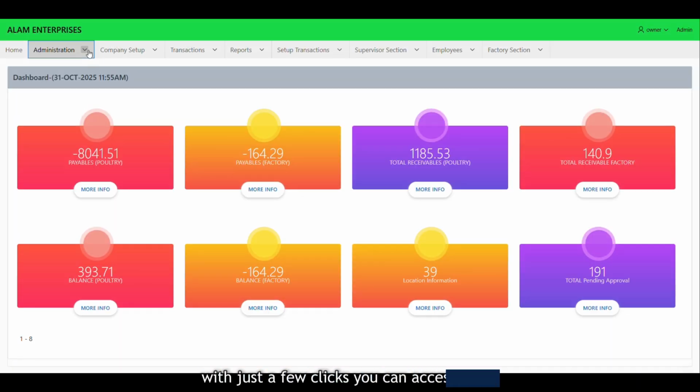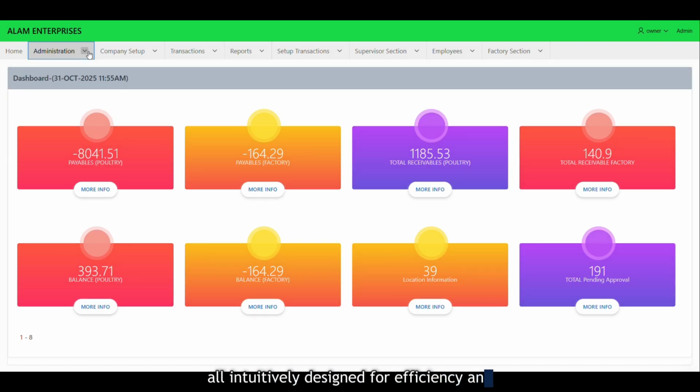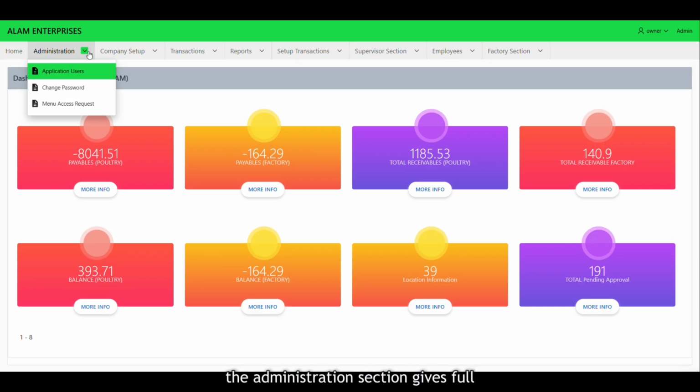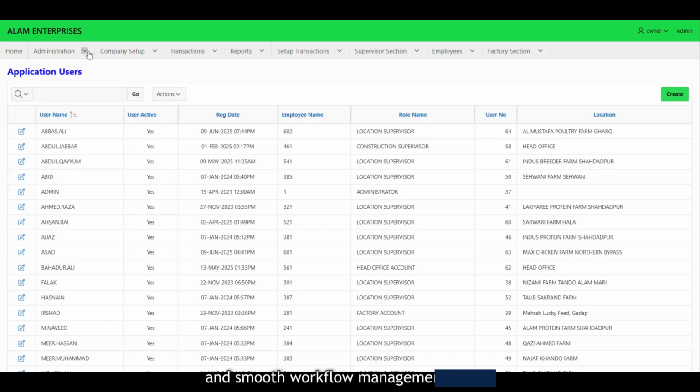With just a few clicks, you can access every module, from administration and company setup to transactions, employees, factory operations, and detailed reports, all intuitively designed for efficiency and ease of use. The administration section gives full control over your system. Here, administrators can manage application users, change passwords, and handle menu access requests, ensuring secure access and smooth workflow management